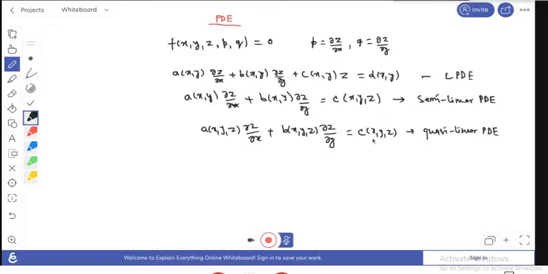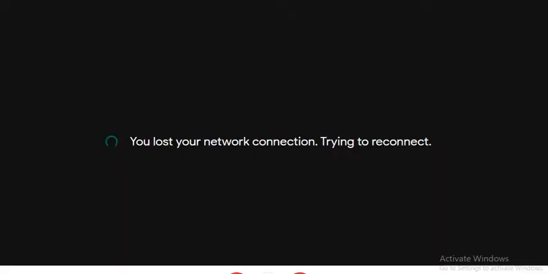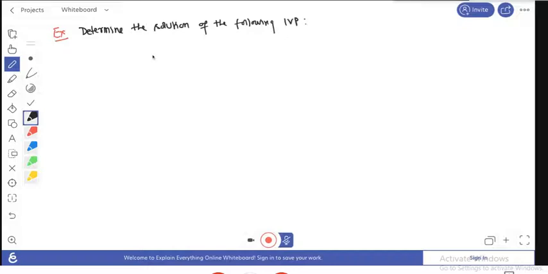And if this c of x, y, z is equal to the same as the following initial value problem, and that problem is del z over del y plus c del z over